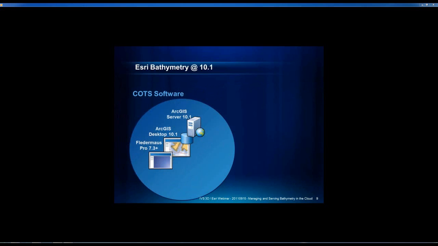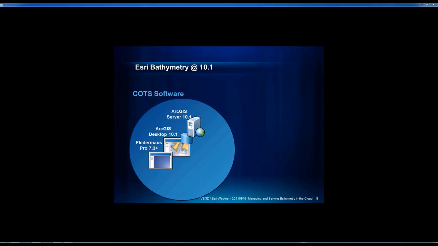All right. Now, we do have much capability available to us at 10.0, which is the release that we're on right now. We're going to formalize that at 10.1. If you were to go to the ArcGIS website today and look for bathymetry products, you won't find one. We've only got what we've tailored the COTS software to do already. At 10.1, which we're releasing early in the new year, we'll have a suite of tools which will be included